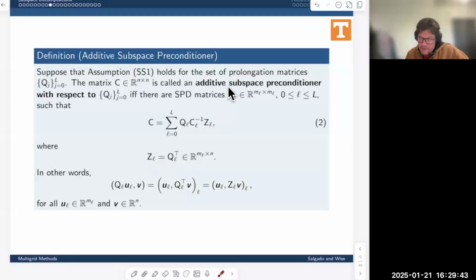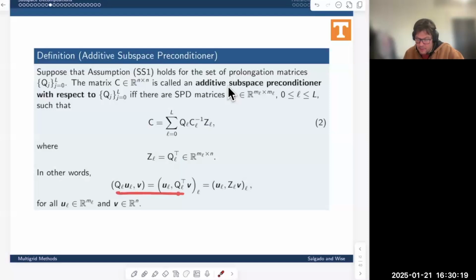So QL is n by ml, this is ml by ml, and this is ml by n. So each one of these guys, once I make this product, is n by n, and therefore C has to be n by n. ZL is just the standard, canonical transpose of the QL matrix. You just transpose the rows and the columns as usual,